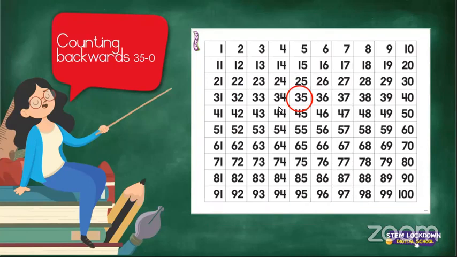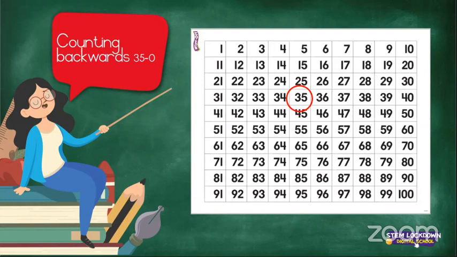35, 34, 33, 32, 31, 30, good. 29. Good. 28, good. 27, 26, 25, 24, 23, 22, 21,